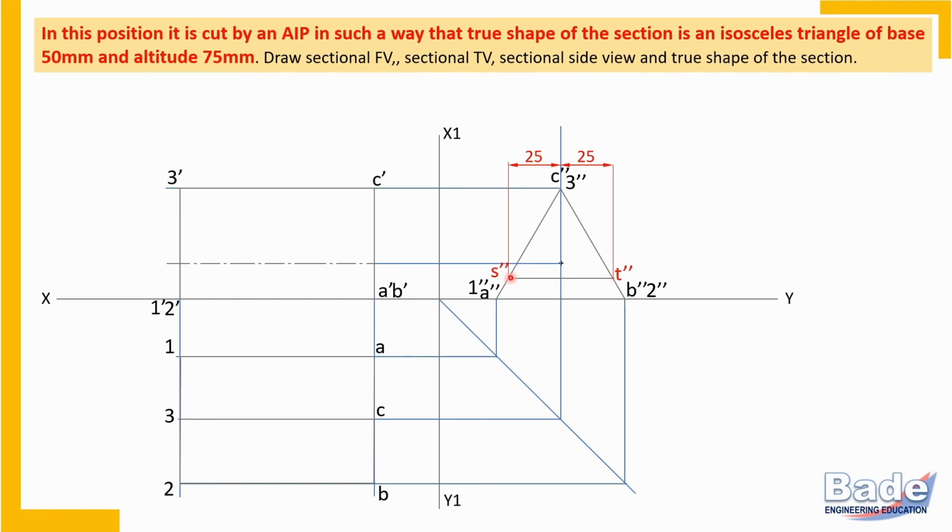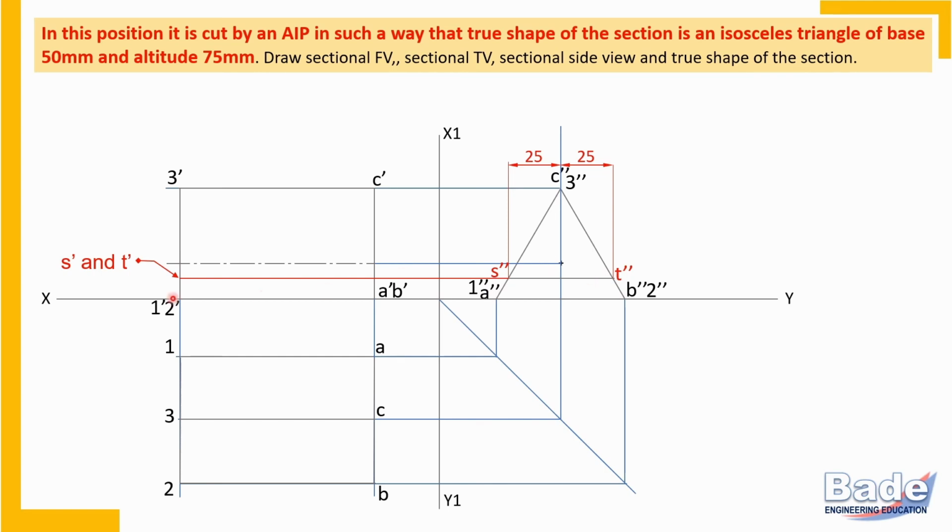And if you want S double dash and T double dash in this position in the side view, S dash and T dash must be at this position in the front view. So project S double dash and T double dash in the front view. So if the cutting plane cuts the numbered surface at this point, then you will get S dash T dash here, and in turn you will get S double dash T double dash 50 millimeter long,